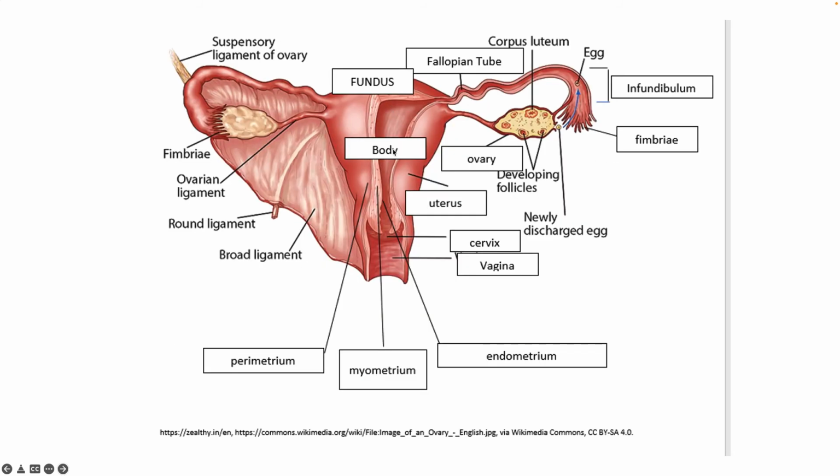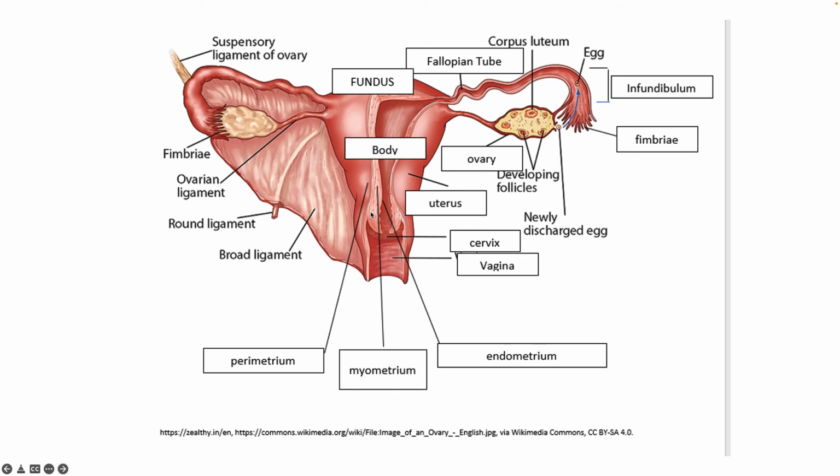So you got your fundus, body, and cervix of the uterine organ. And you have different linings of the uterus that you should be able to identify. You have your endometrium, which is the inside lining. If you have a diagnosis of endometriosis, it's people that typically have an issue with getting pregnant because this endometrial lining is so thick. And this is also the lining that is shedding when we're talking about the female reproductive cycle. And then the meat of the uterus is the myometrium,